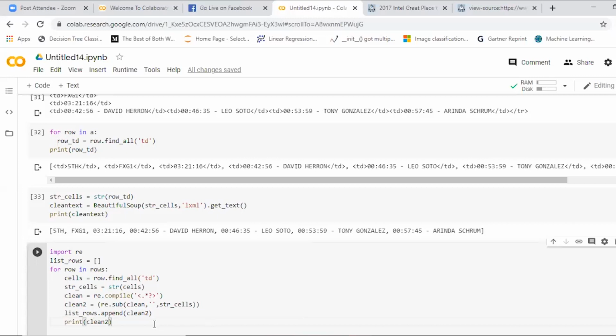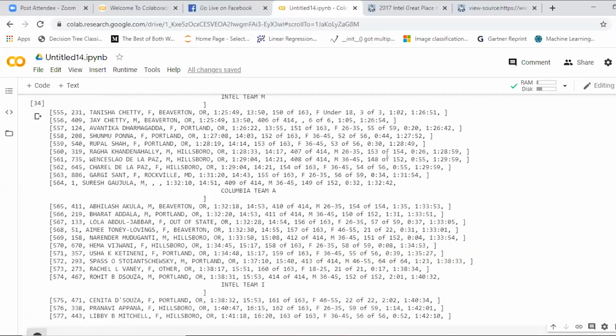We have given out the pattern with the help of compile, less than and greater than symbols including opening and closing angular braces. Then we have substituted the original data with the modified data. Then we are appending the entire data to the list rows, because I have given that as an empty list. Then you print the clean data. So you get the entire data over here.